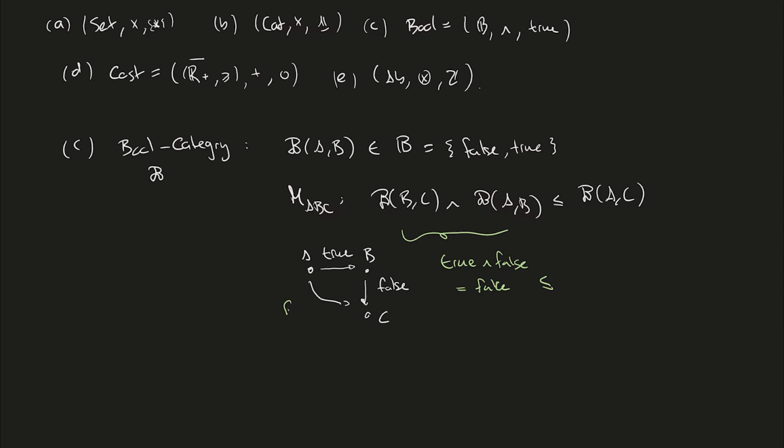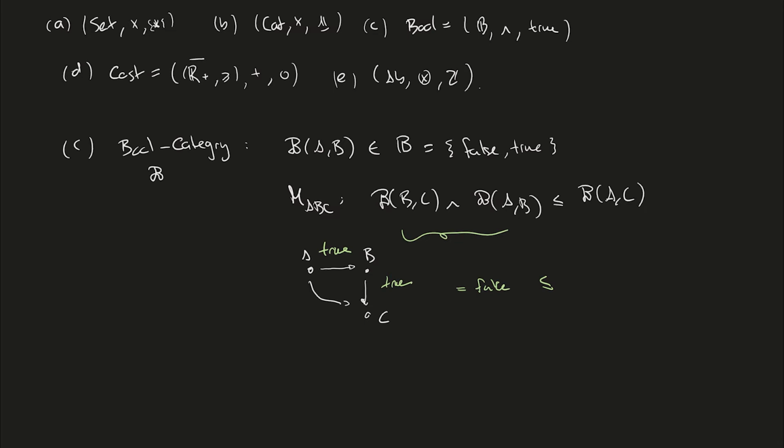So we could have a false here, or we could also have true, because this inequality isn't placing any restrictions. The same is true if both the arrows between A and B and the arrows between B and C are false. Then too, this inequality isn't placing any restriction on what the value of the arrow between A and C needs to be. However, in the case where both arrows are true,